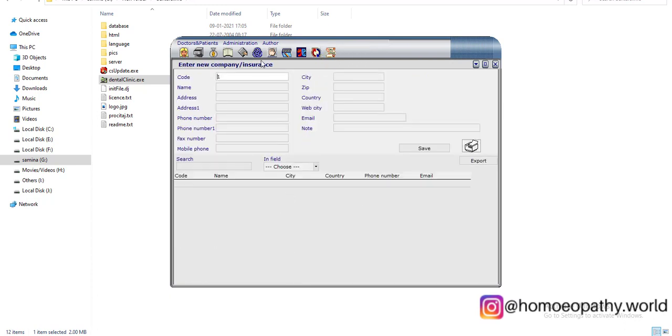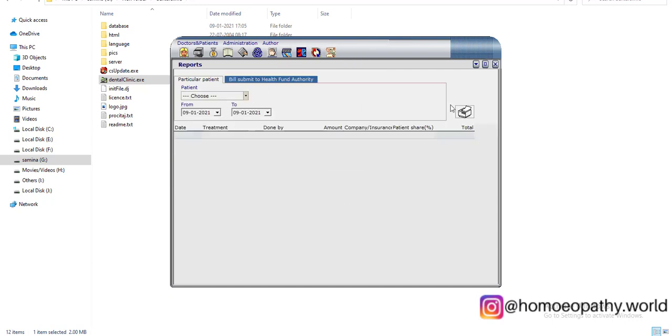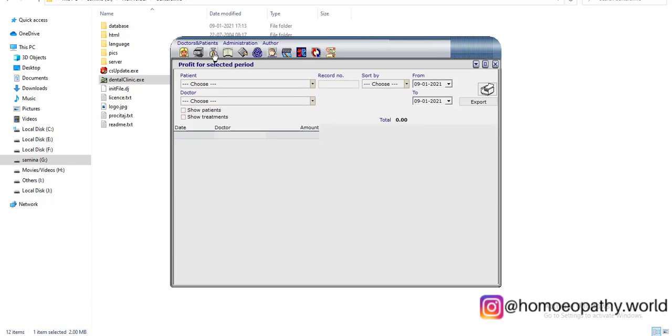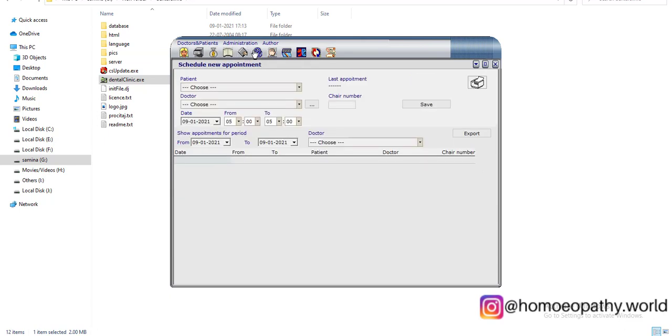This is to enter new company or insurance details. This is for all the other clinics. You can just enter the insurance details over here of the patient, of course, and these are to save the reports. Now suppose you have a patient with some particular patient reports. So if there is bill submissions or reports or any claims to be taken, and whatever treatment is given, and whoever has given this treatment, whichever doctor, and the amount paid by the company or insurance policies, all these things you can keep at hand. So this is again very important for all the other doctors, not much for the homeopath then.